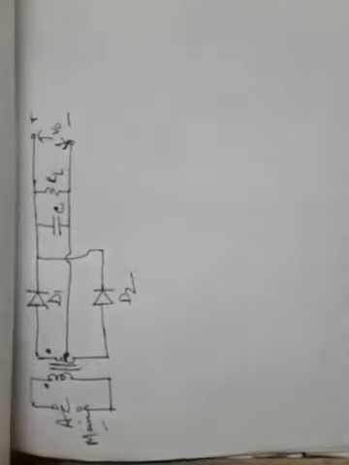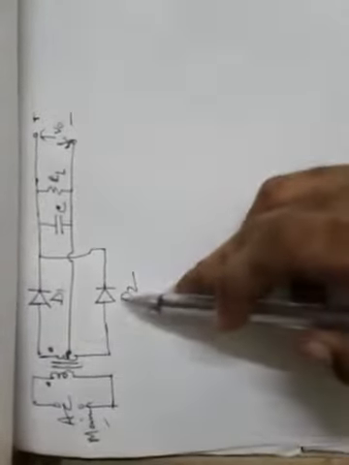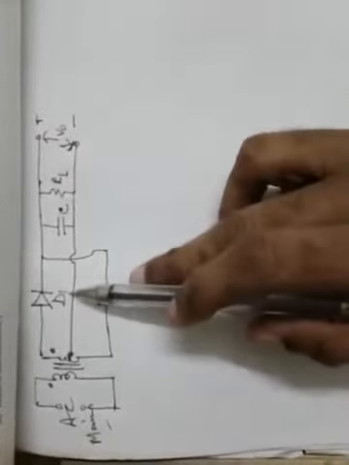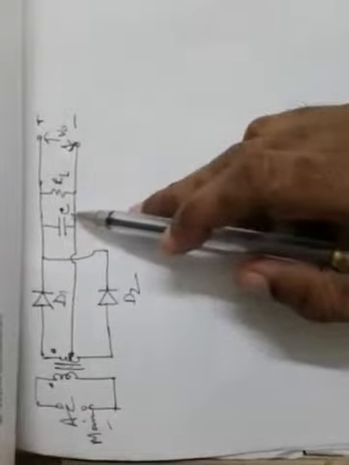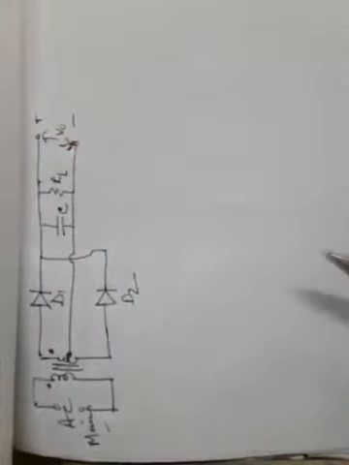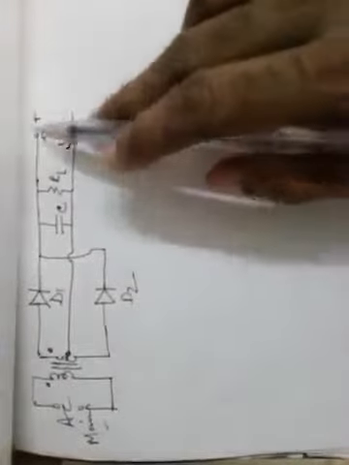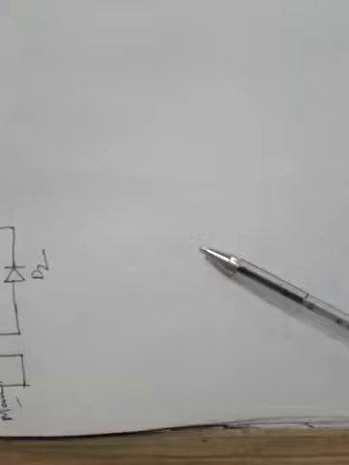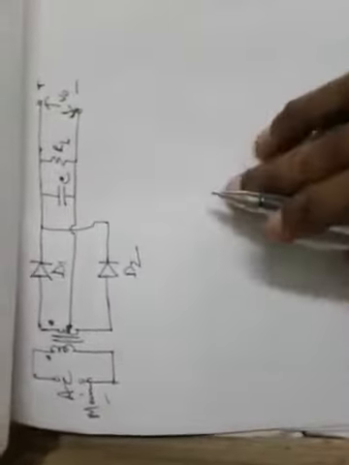AC mains is applied over here. This is the center tap, and two diodes are used, and the load resistance. Between the load resistance and the two diodes, that is, at the rectifier output, the input shunt capacitor filter has been connected, and at the output of the load, RL, the voltage is being measured. The operation of this circuit is now known to you.